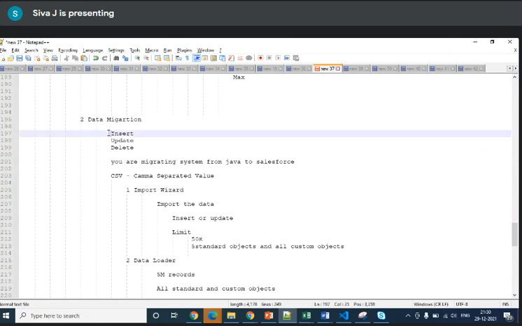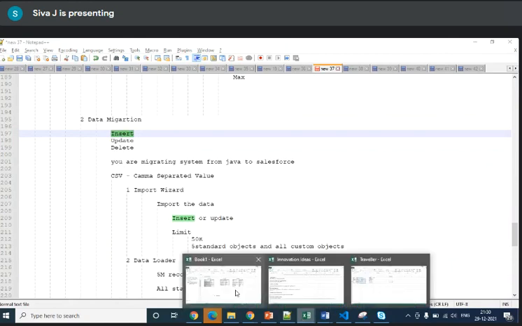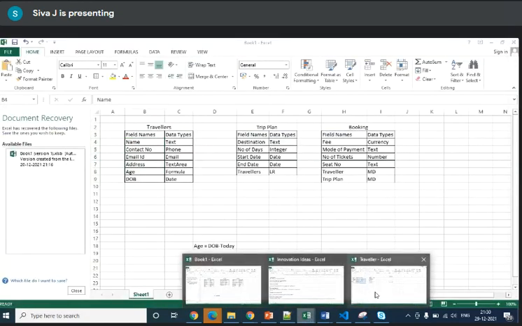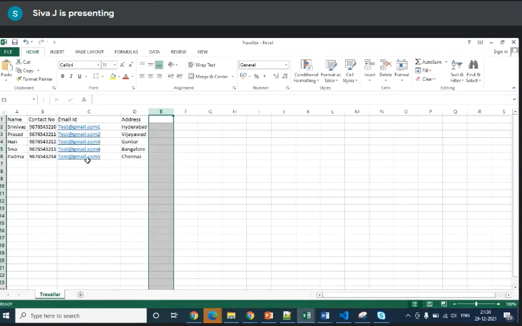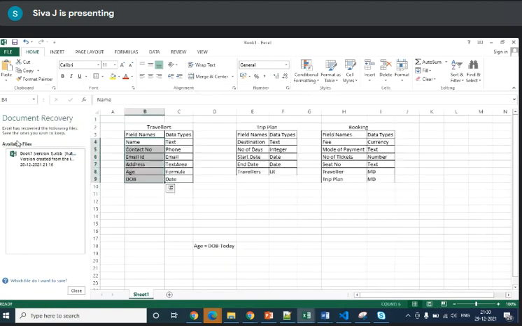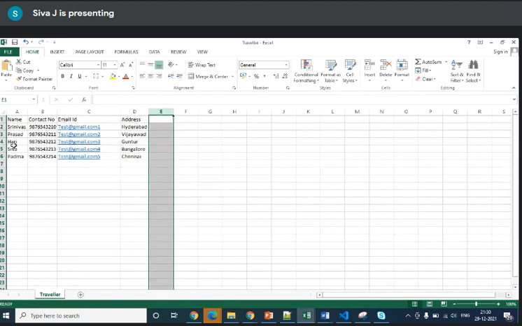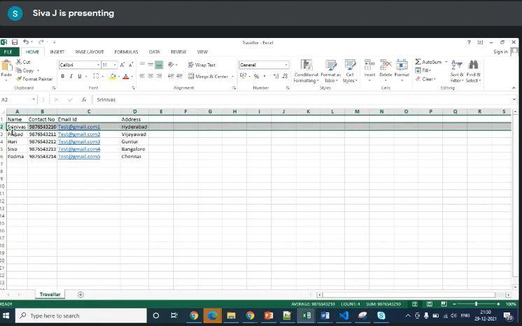So we know how to insert the data. For the data we have created in Excel, this is the data you created yesterday, and you want to either update or delete it. What you require is one unique key or unique ID that will be recognized as referring to this particular record. So this complete row you want to recognize through one unique ID.